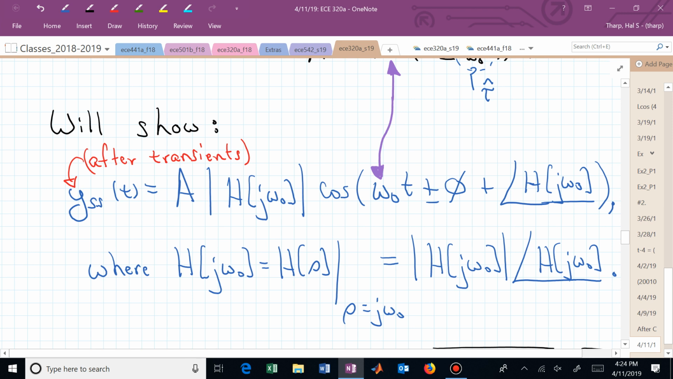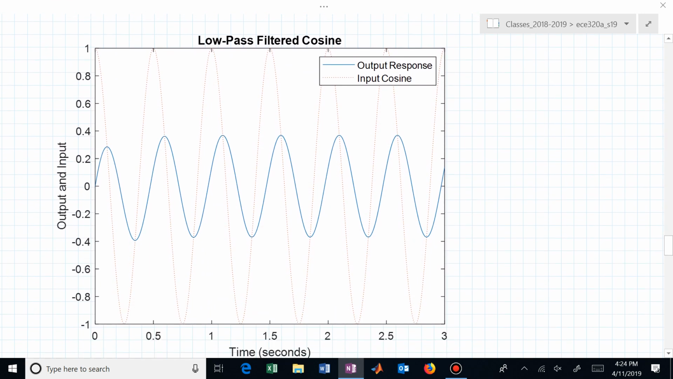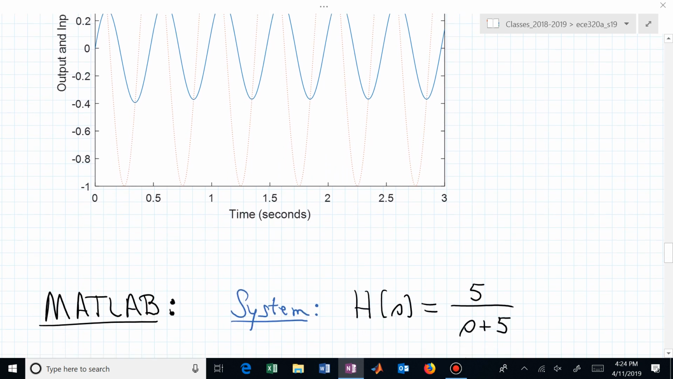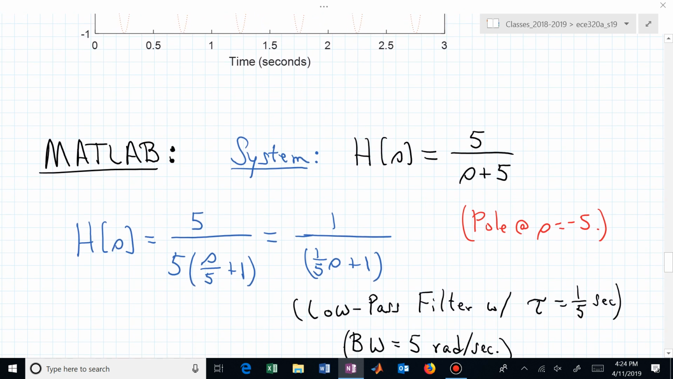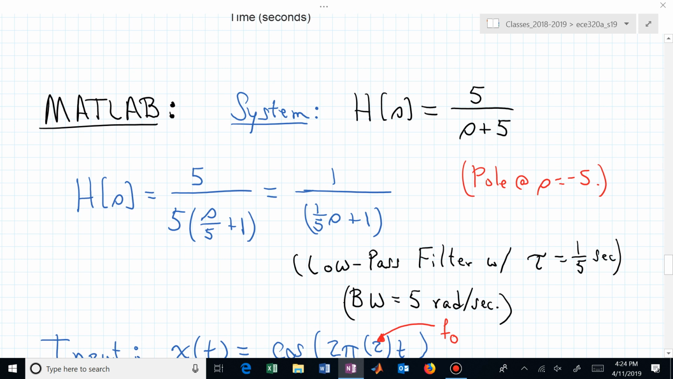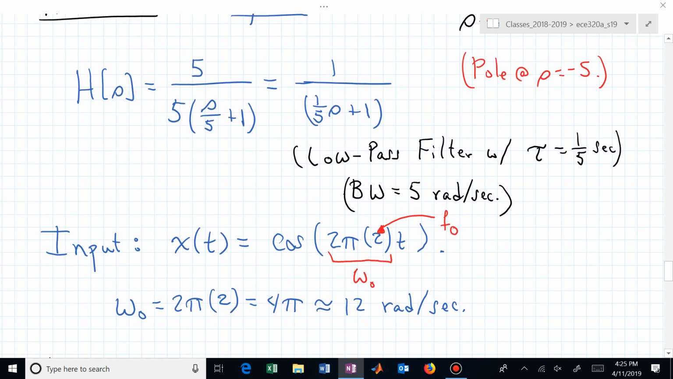What we want to do is justify where that formula comes from. And this we've already seen. This is what's happening. And in MATLAB, as promised, you can do it like this. Here's your low pass filter. We know what its time constant is. We know it has a bandwidth of 5. The input